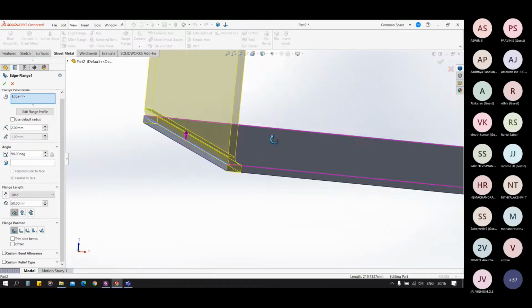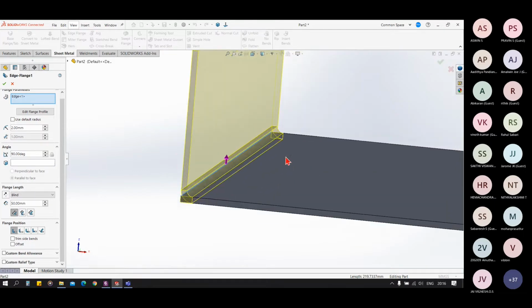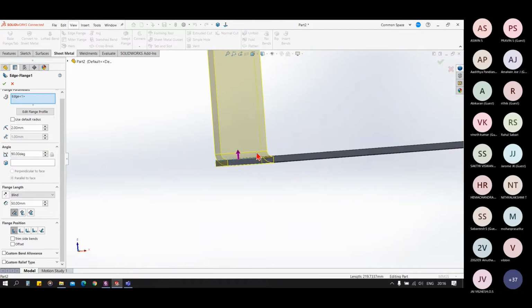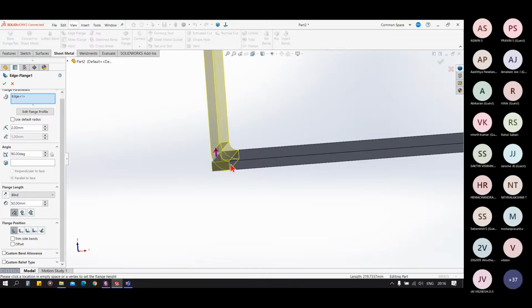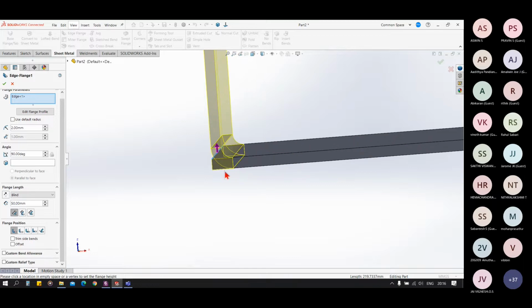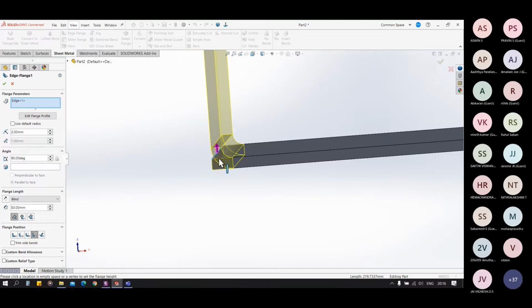And for the bend, these are options for the bend position, flange position. So you can see this position is completely inside the base flange, and you see this is outside the base flange. This is totally outside. We can have this also. There are 5 options here.